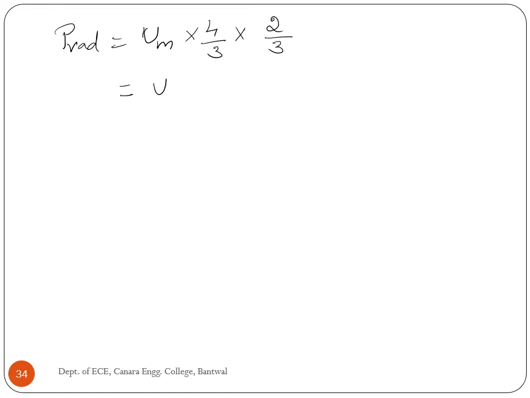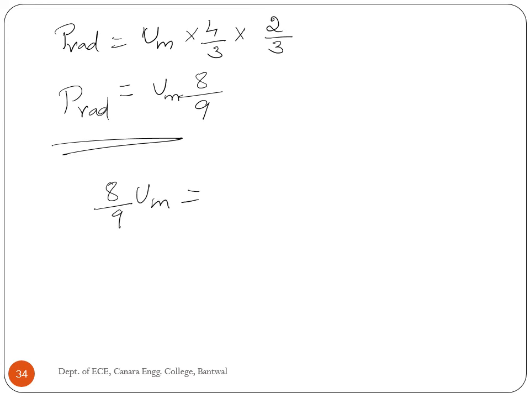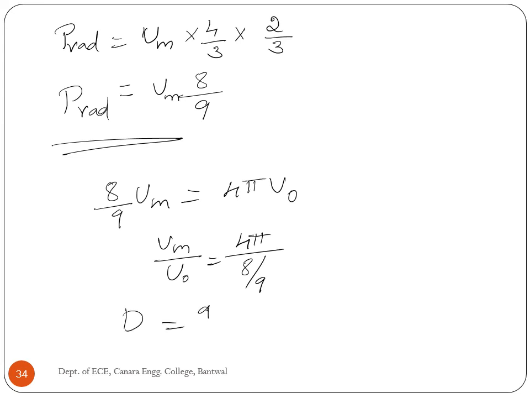So we will get Um 8 by 9, that is radiated power. Equate this value 8 by 9 into Um with the radiated power from isotropic source, that is 4 pi U naught. Therefore Um by U naught is equal to 4 pi divided by 8 by 9, which is equal to directivity, that is 9 pi by